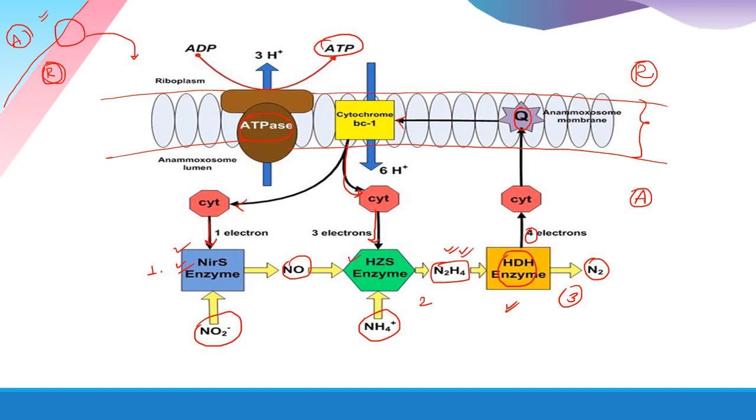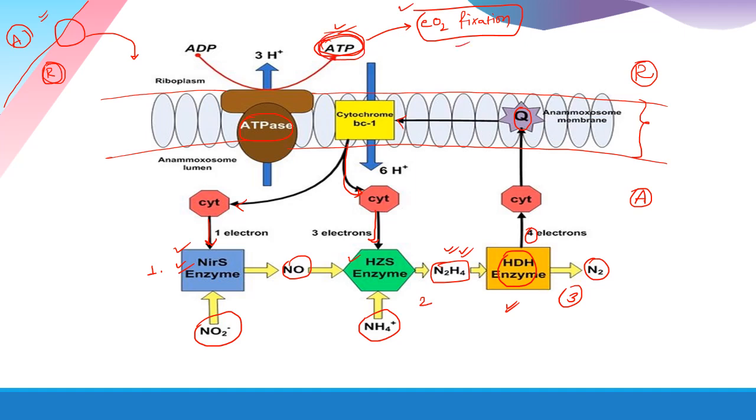If we see that ATP is formed, this ATP is further used for carbon dioxide fixation in this kind of bacteria. As we have talked earlier, it is a chemolithoautotroph. That means autotrophic significance is there because they can fix carbon dioxide, and using this ATP they can fix this